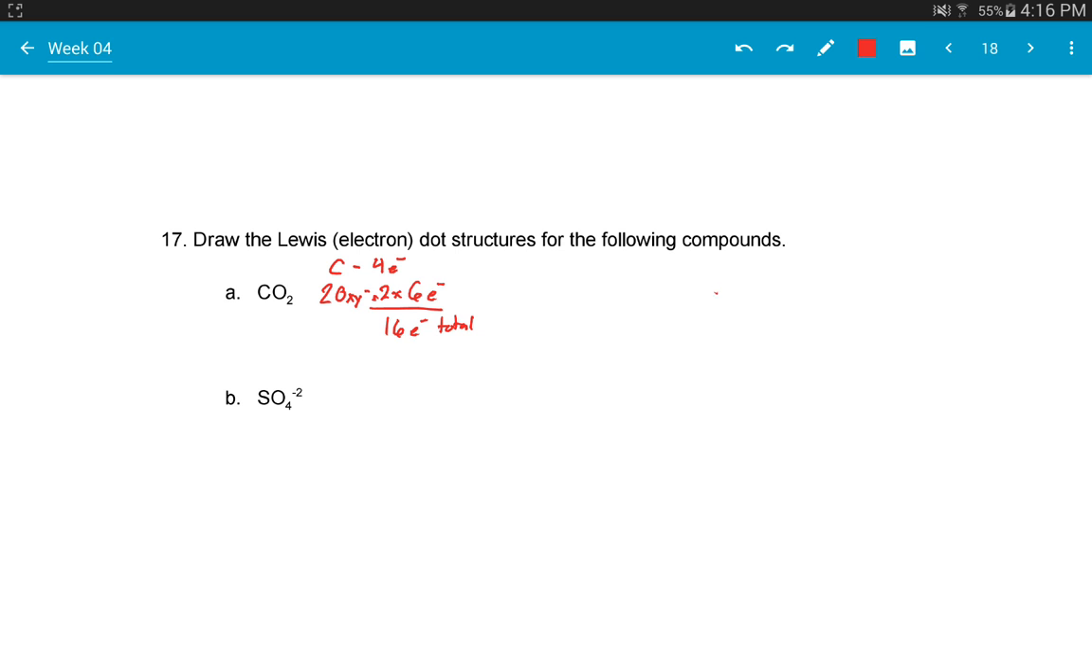So we start with the carbon in the middle, surrounded by the 2 oxygens. The 16 electrons, 8 of them in pairs, go around the central atom, leaving us with 1, 2, 3, 4, 5, 6, 7, 8 electrons to shuffle about the other atoms. Well, this last oxygen's still a little shy. We can go through